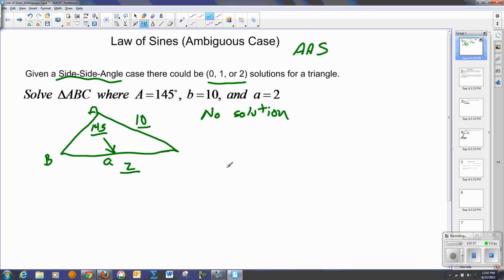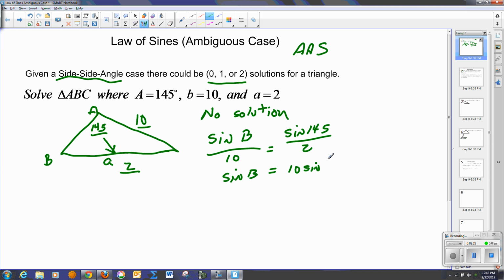Now, let's say you didn't know that. Let's say we just ground through a law of sines calculation. So we would say the sine of B over the value of side B, which is 10, is equal to the sine of A, which is 145, all over 2. And we're going to work that out. So we say the sine of B is equal to 10 sine